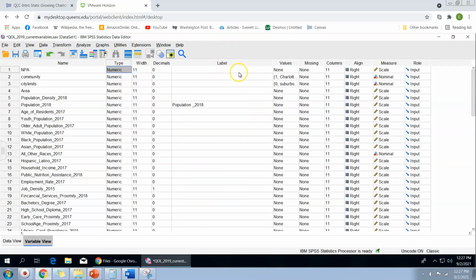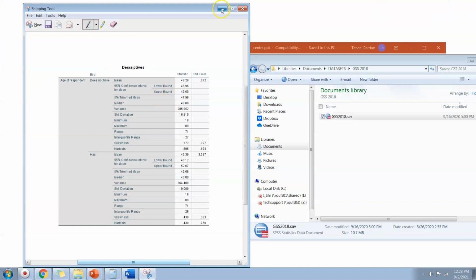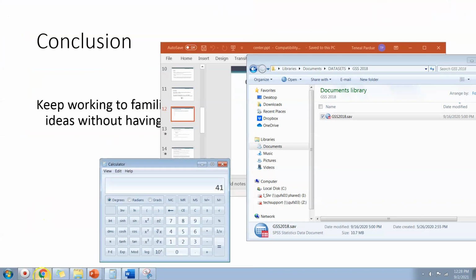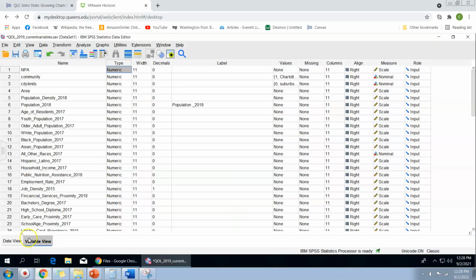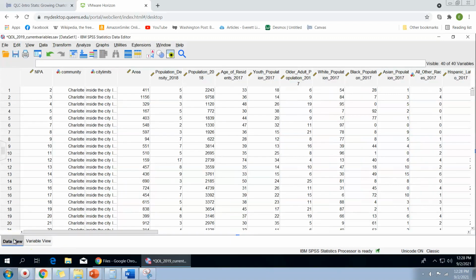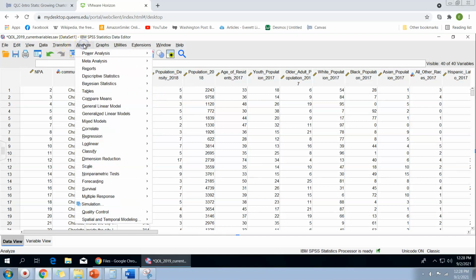And by the way, we might need to look up what area represents. I think this is square yards or acres. I think it's acres, but we could look. I've got what's called a data dictionary that we can look these up in. Yeah, this is acres. So anyway, if we wanted to see the mean acreage of Charlotte neighborhoods, we go to